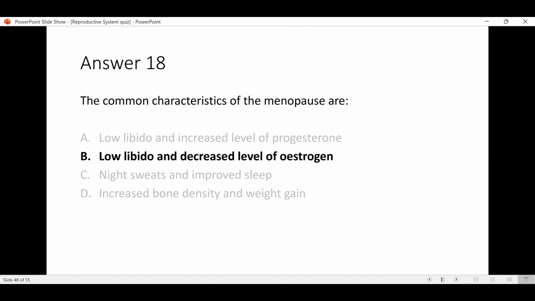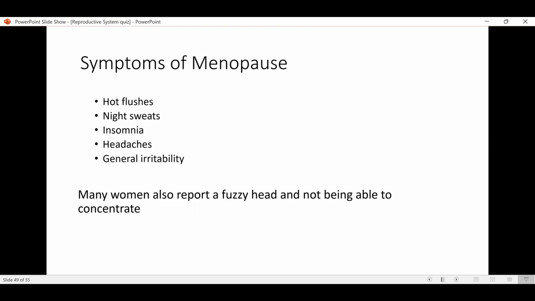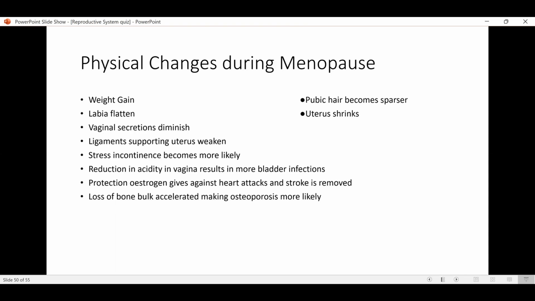Common characteristics of the menopause are low libido and decreased levels of estrogen. So common symptoms of the menopause are hot flushes, night sweats, insomnia, headaches, general irritability, and what many women struggle with, even more than those, are a fuzzy head, not being able to concentrate, not being able to think properly. And there's lots of physical changes during the menopause. And again, if you're watching on catch up, you can just press pause